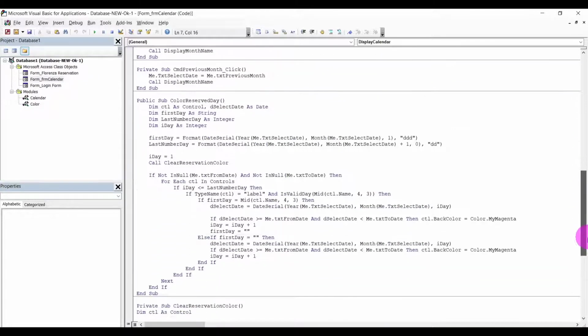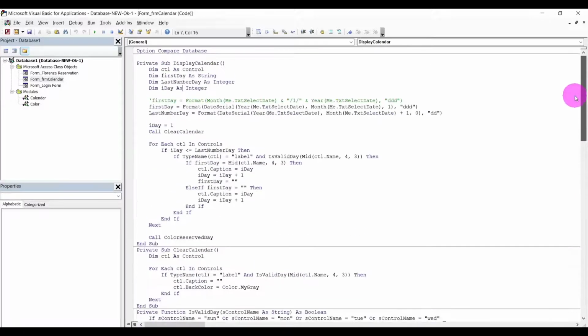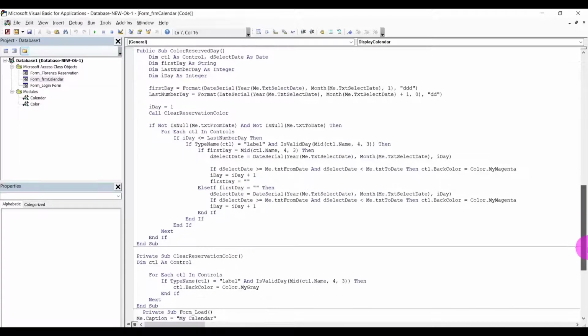And the color, I added a subroutine to color. It's essentially the same thing as this one, but we cannot use this one because this is just displaying the calendar from 1 to the end of the month. But what if your reservation is in January? You cannot color that in there, okay? You cannot color in there. So what we did was exactly the same thing, except we identify if this one,